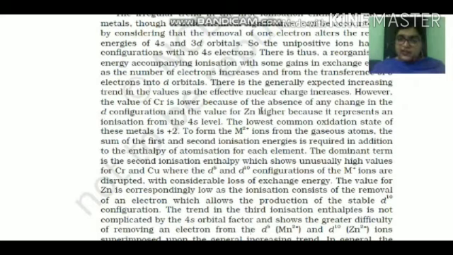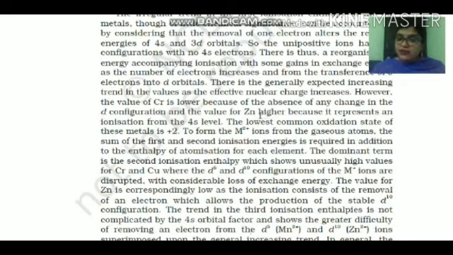In the same way, when I talk about zinc, the first ionization enthalpy will be very high because the electron will be removed from the filled 4s orbital along with 3d10. So the first ionization enthalpy of zinc will be very high because the electron is getting removed from 4s2. 3d10 and 4s2 is the configuration. For zinc, atomic number 30, the last two configurations I am telling you are 3d10 and 4s2.